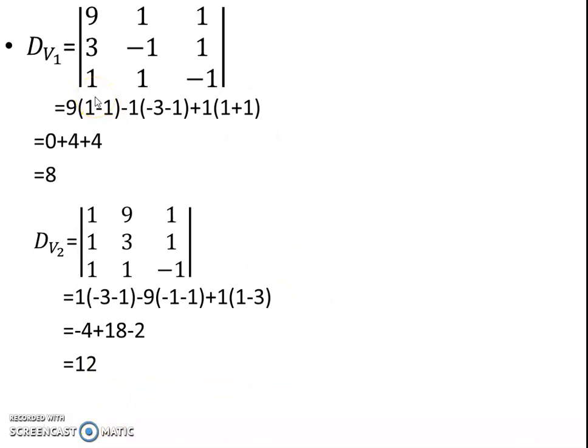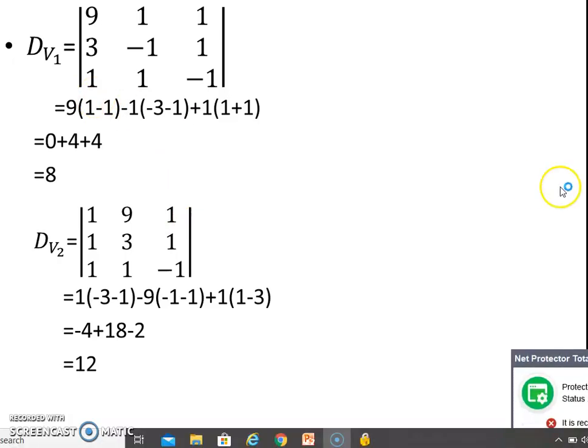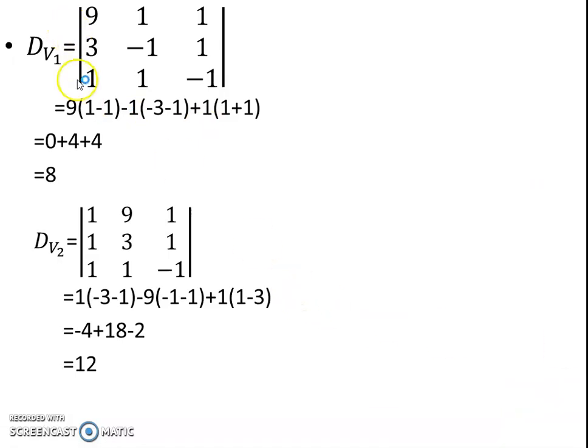To find dx, instead of dx here, d1 is the first variable. So we should write d1, dv1 is equal to, instead of the now v1, we have to put the constant 9 3 1. 1 minus 1 1, 1 1 1. That is, the coefficients of y and z remain the same. So we have to put 9 in the first row and first column, keep minus 1 into minus 1 plus 1, 1 into 1 minus 1. Next, first row and now second column.